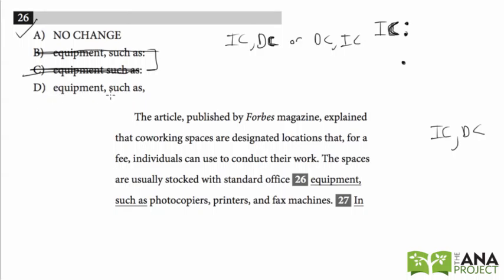If we look at D, there's an extra comma here. We don't need that one, so that one is wrong. So the correct answer